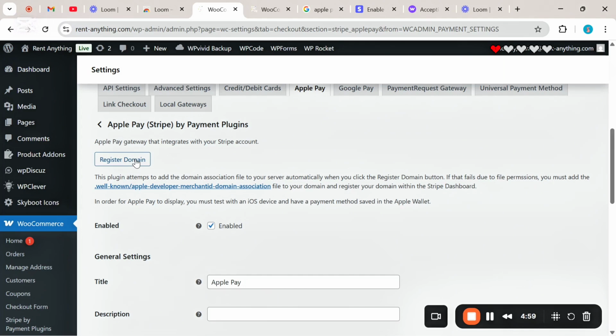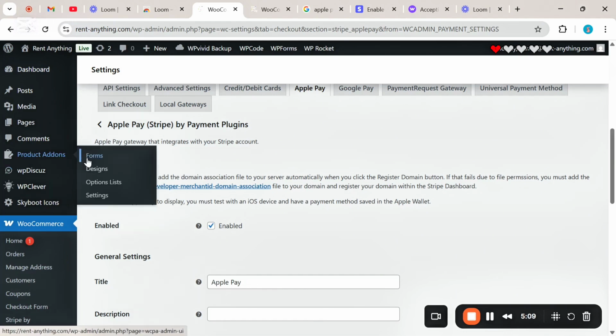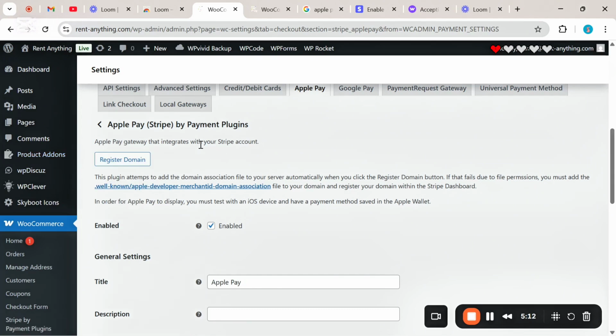Okay, this particular Apple Pay has been connected to this domain. So Apple Pay has been connected to this domain. So that is the first attempt you need to do. And to confirm if Apple Pay has been connected to this domain, I'm going to show you